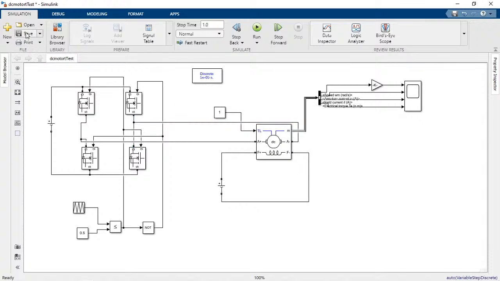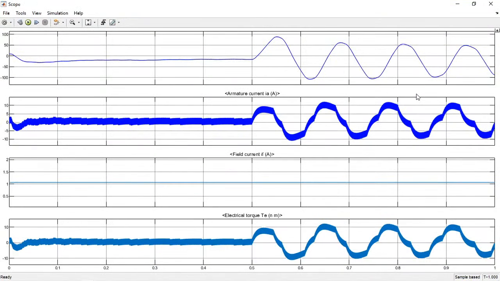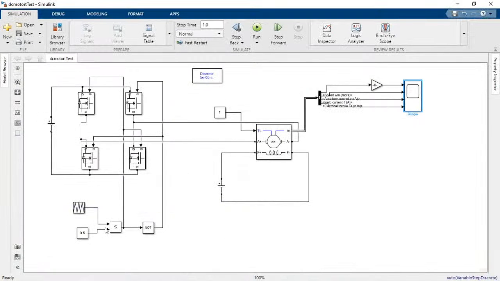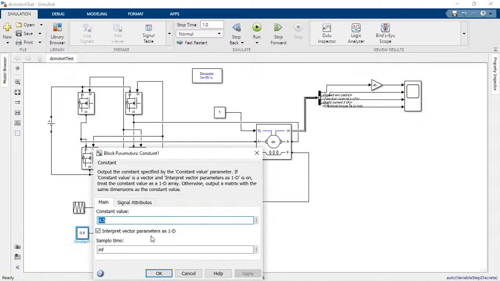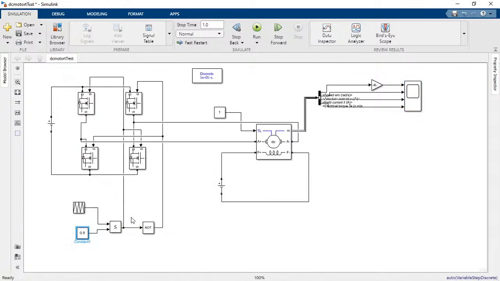Right? Just save the simulation. Now if you run the machine, it will have a negligible speed because the carrier waveform is equally divided into 2. Now it will almost be negligible speed. Yeah, see, it is almost zero speed, but we have to change it actually. If you change the value to 0.9, so let us take 0.9,